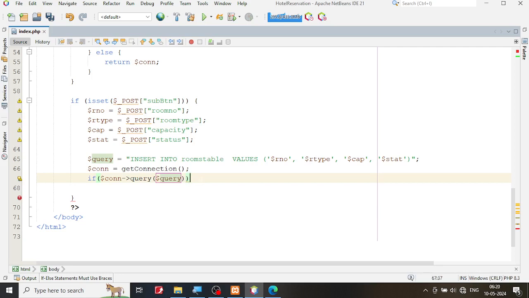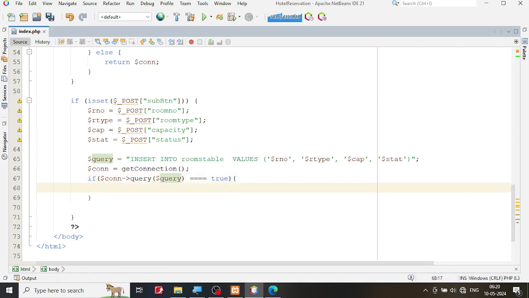So if you are able to run this particular query, and if this query returns true, that means you are able to connect to the database. It's as simple as that. So if connection dot query is equal to true, what is it saying to me is